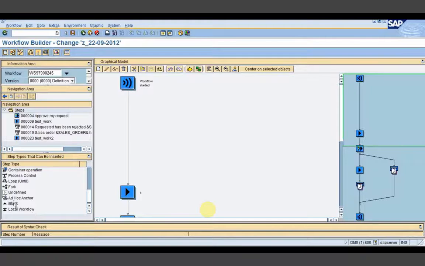Today we will be discussing this ad hoc anchor and this block, so step types will be completed. Also, I will be discussing how to send notification through a program, through a standard function module, with the help of internationalization. Since this server is scheduled to send the mails at night, your server in your company won't be like that. In your company it will be scheduled to send every minute.